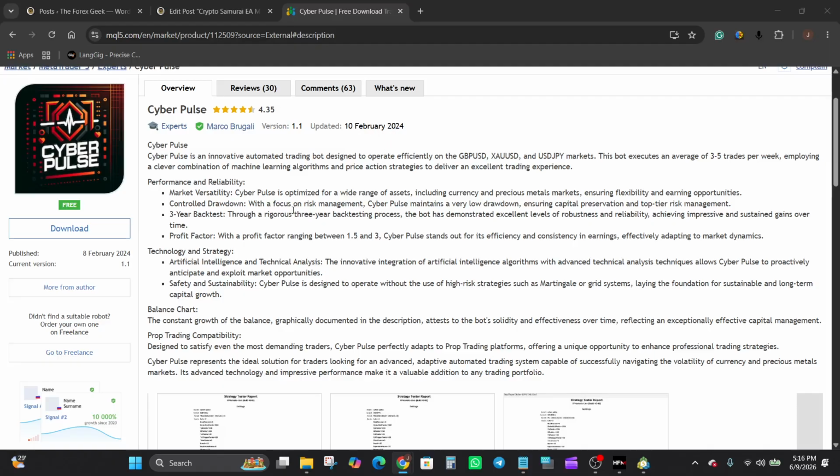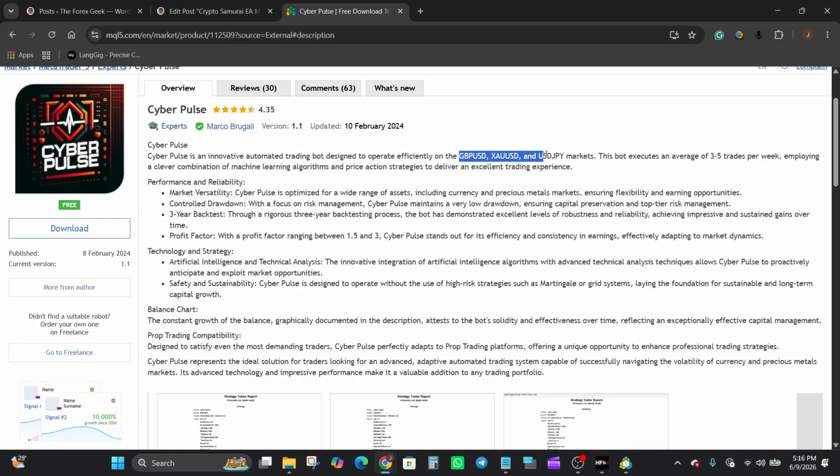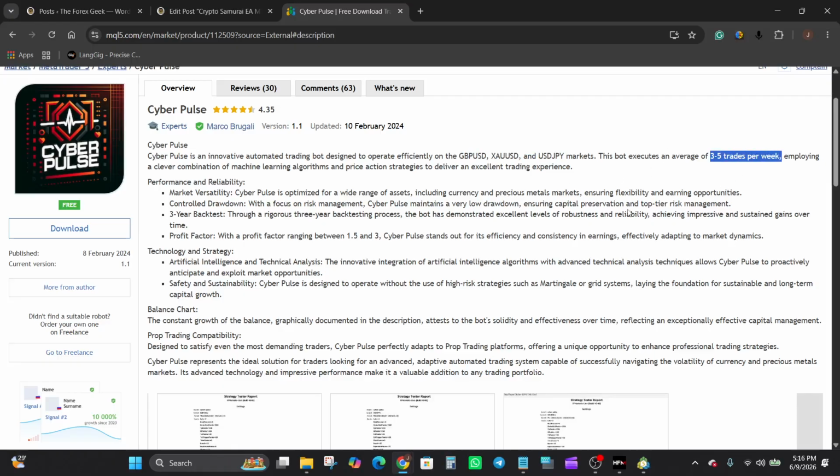As I scroll through the description, CyberPulse is presented as an automated trading bot designed to work across multiple markets, including GBP USD, XAU USD, and USD JPY. It's described as a system that takes a relatively low number of trades, averaging about 3 to 5 trades per week, which suggests a more selective approach to market participation. The developer explains that the system